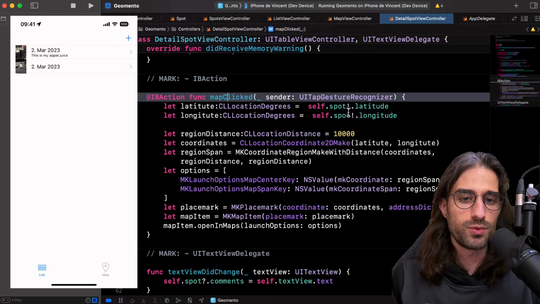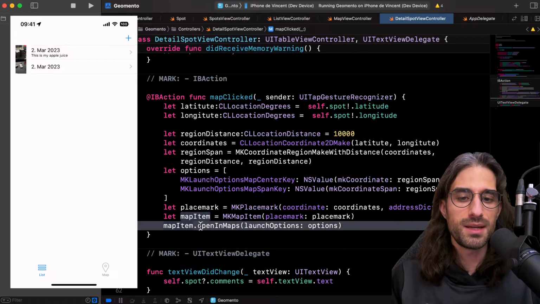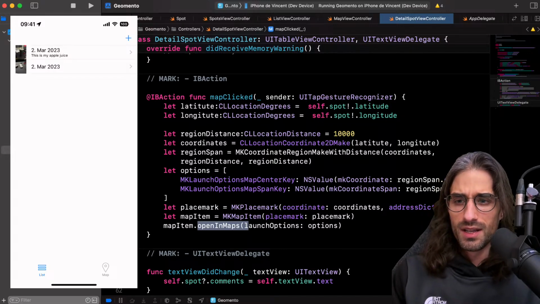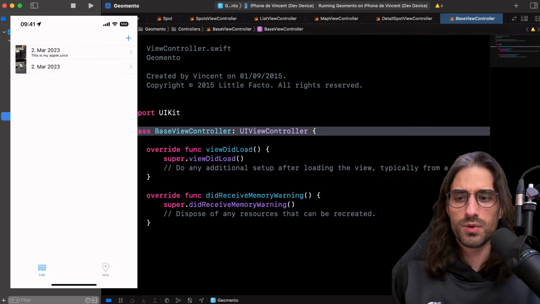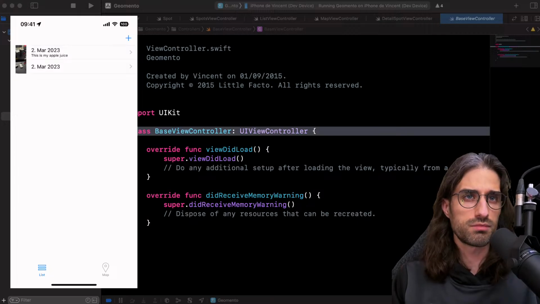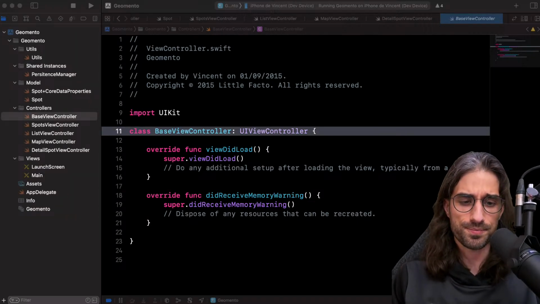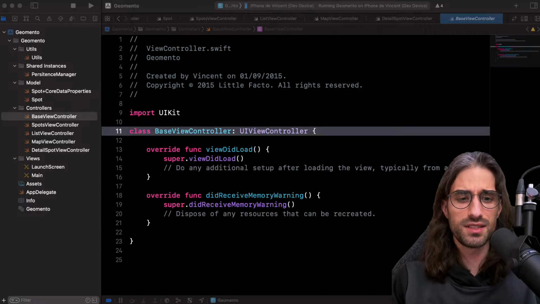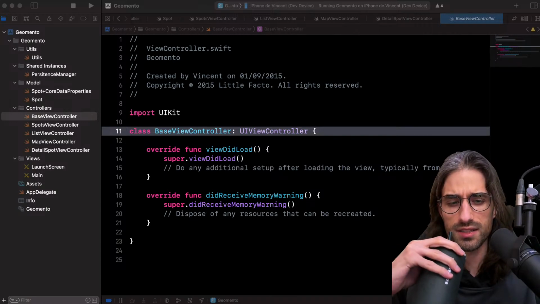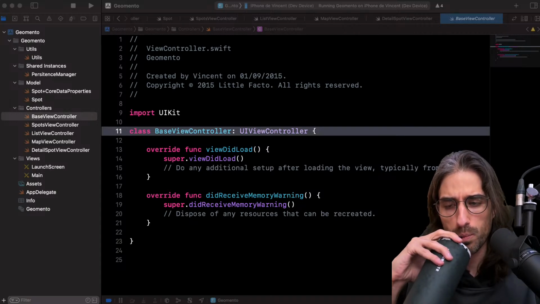And so yes, it would create a map item and then just open the Maps app so that we can see the place where the photo was taken inside the Maps app. And I think we've covered everything because it was a nice little simple app, basically a CRUD app. Very simple to get started, to get familiar with Swift, without spending more than 2 or 3 evenings on it.